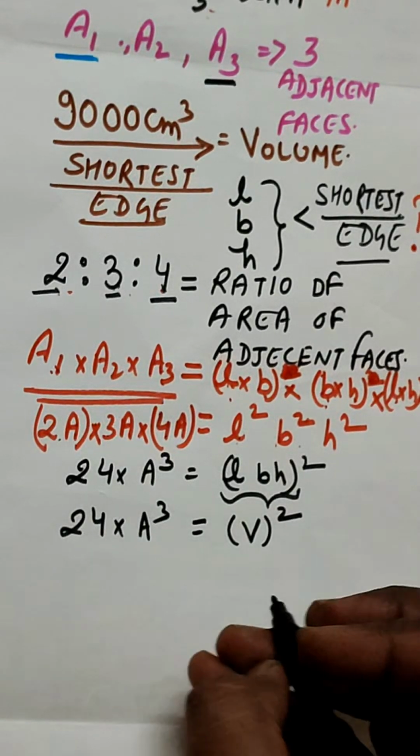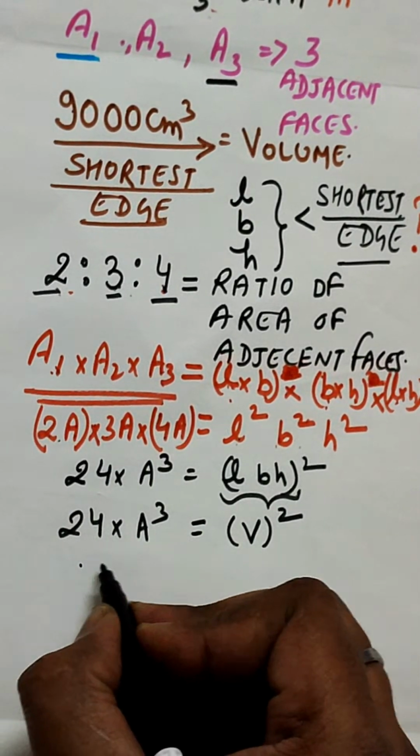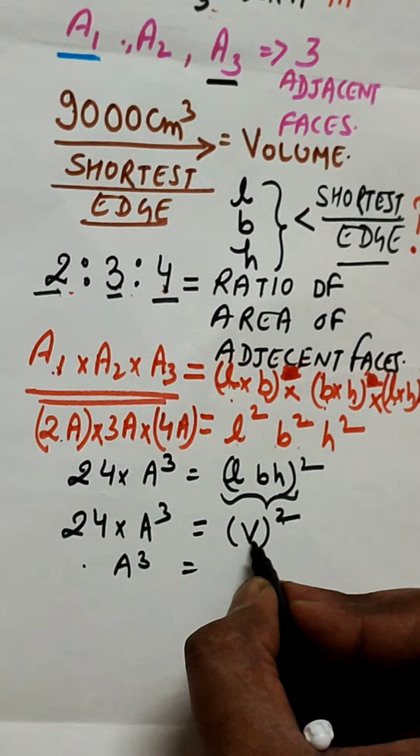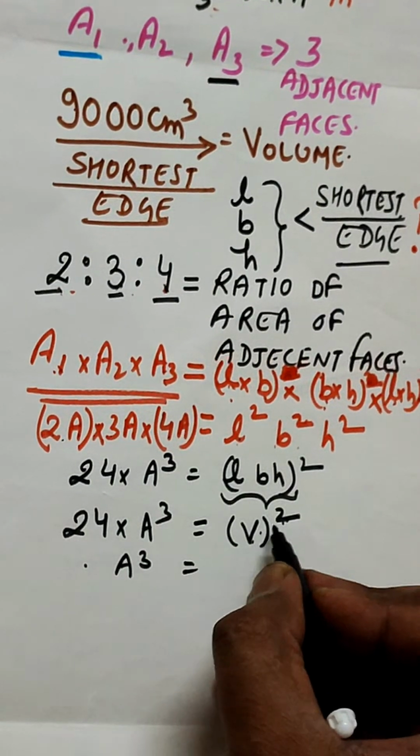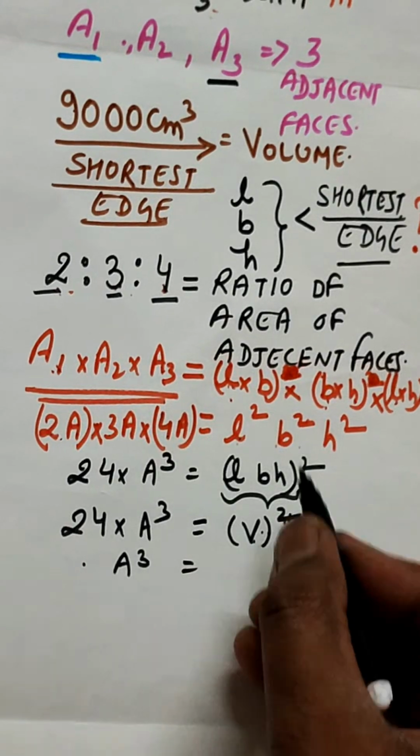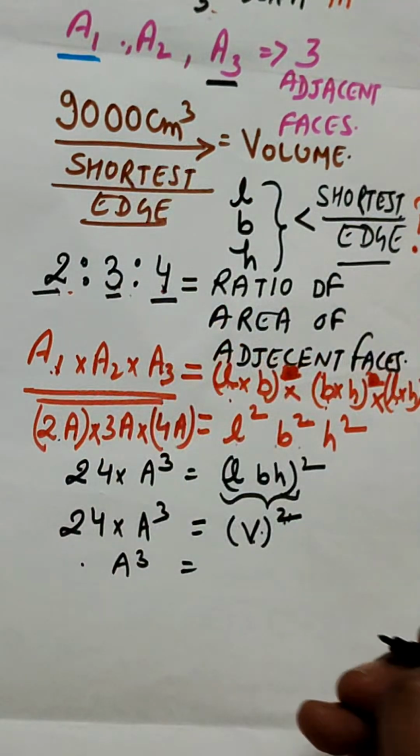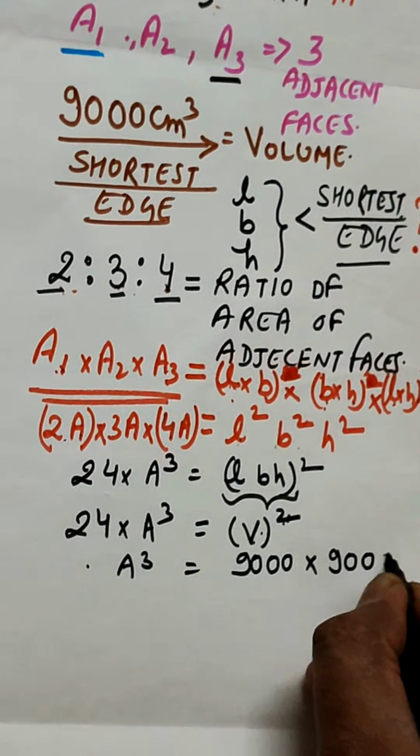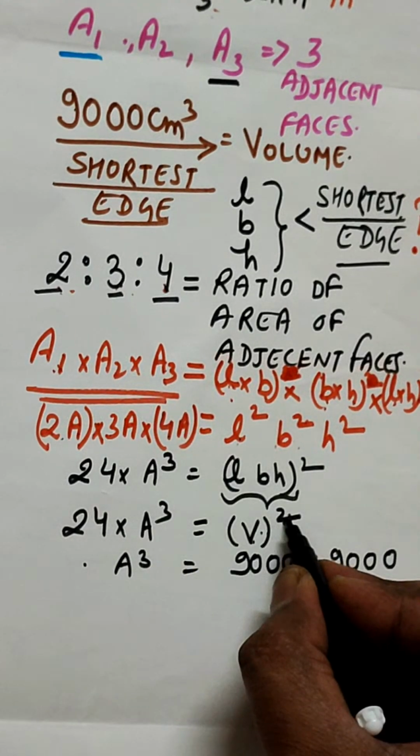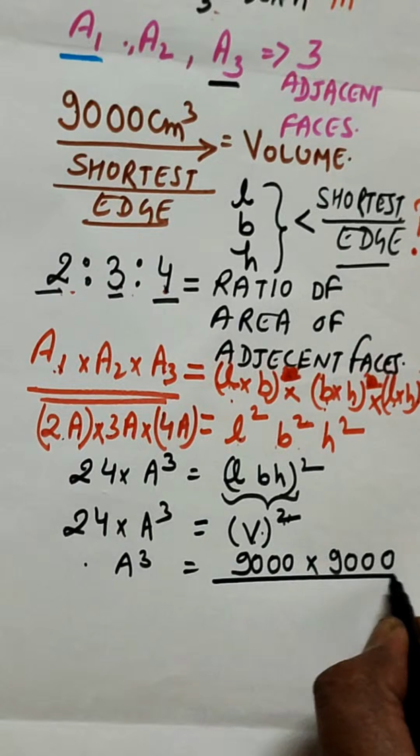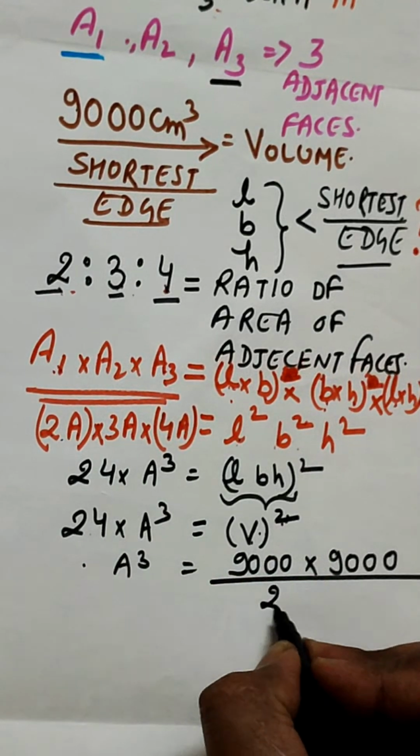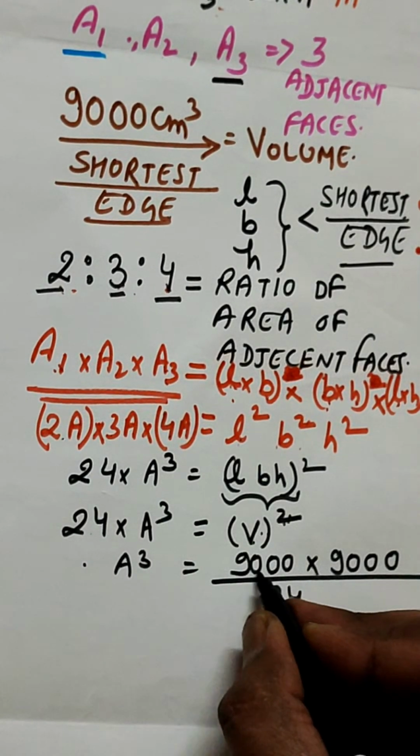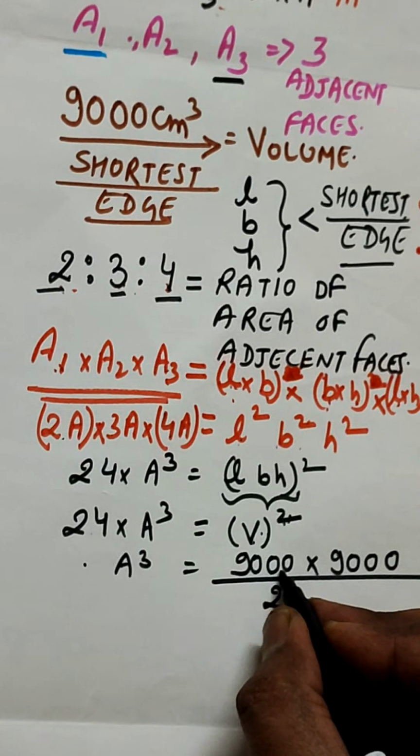Okay, so 24 into A cube, so A cube is equal to V square divided by 24. Volume is given to you in the question, that is 9000, right? So put the value of 9000 into the numerator, because it is volume square, divided by 24, right? And it will give you